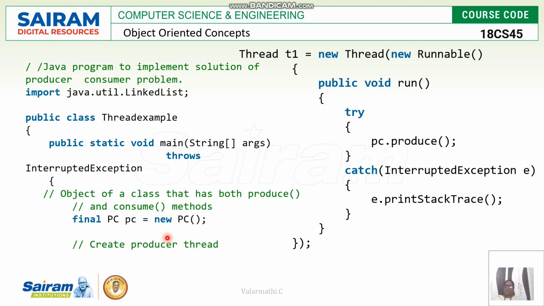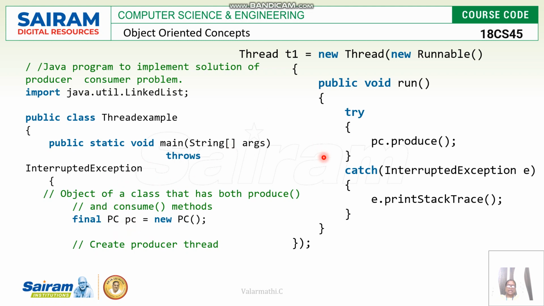Based on some priorities, more than one thread is accessing, so at that time some kind of interruptions may happen. In order to handle this situation, if an InterruptedException happens, we have to write that exception statement also, and that is what is implemented as InterruptedException. So now the main is started.